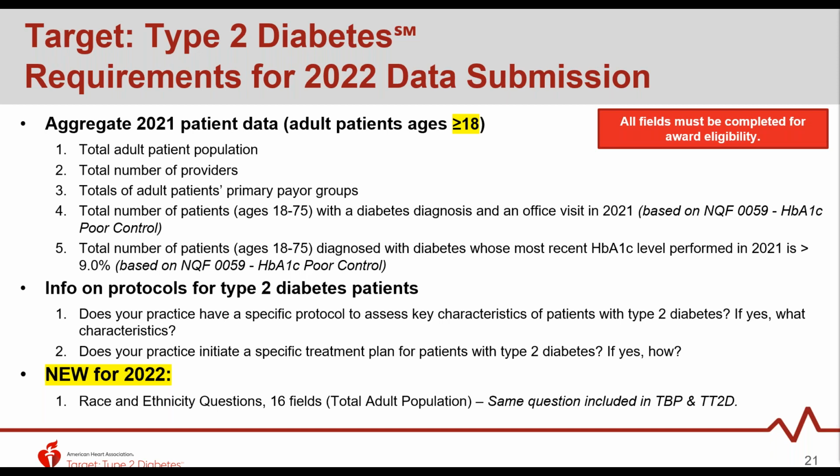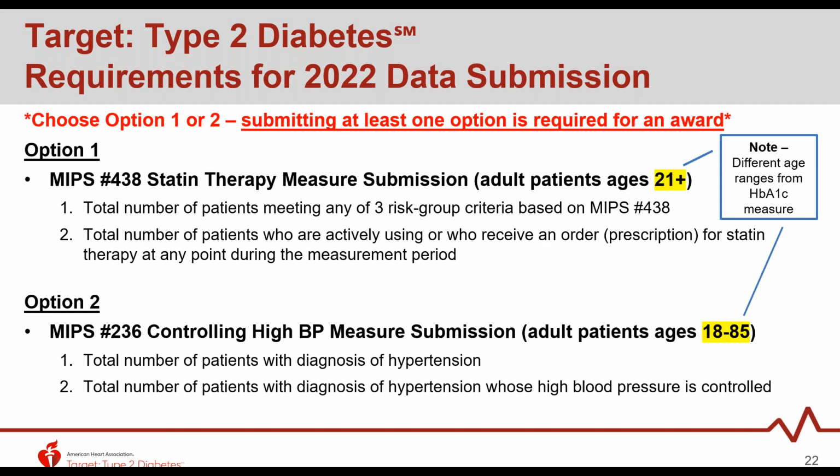Does your practice have a specific protocol to assess key characteristics of patients with type 2 diabetes? If yes, what characteristics? And does your practice initiate a specific treatment plan for patients with type 2 diabetes? If yes, how? The only new addition for 2022 for Target Type 2 Diabetes is our race and ethnicity questions we've mentioned before. One thing to highlight about our Target Type 2 Diabetes requirements is that in addition to the